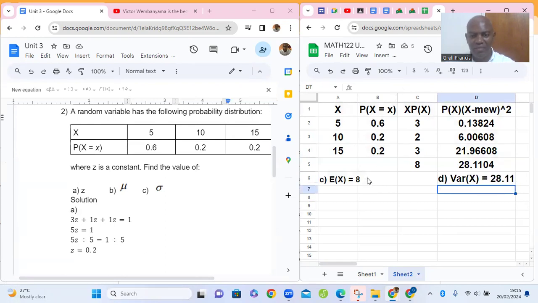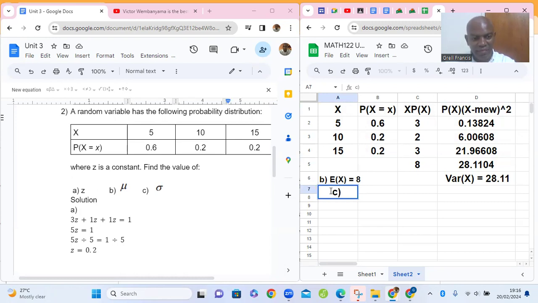So the standard deviation now, that will be B, and this will be C. Not yet, that's just the variance. To get the standard deviation, we've got to square root the variance. So let's not do that yet. So C now